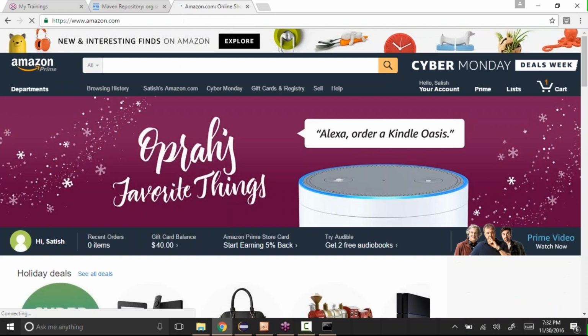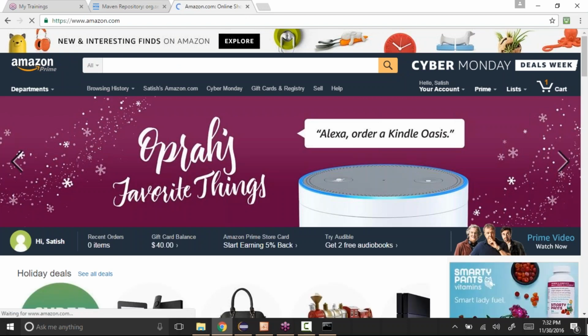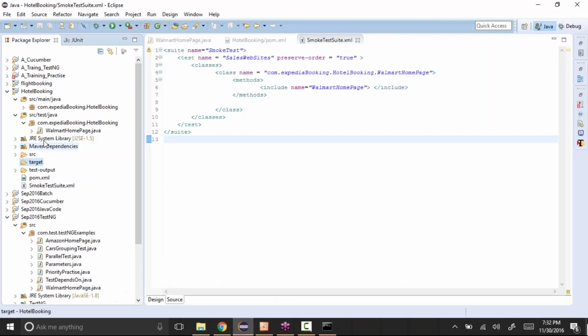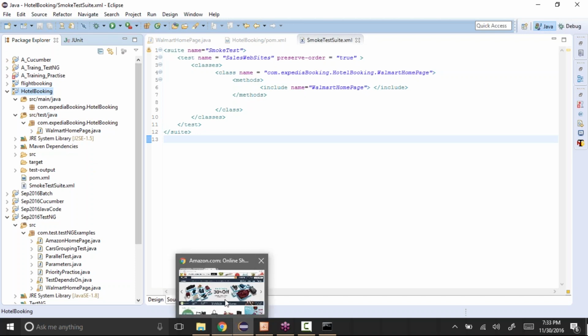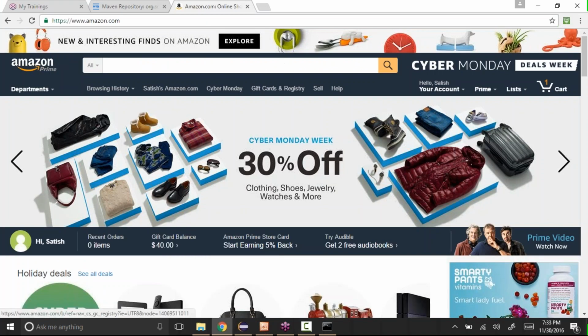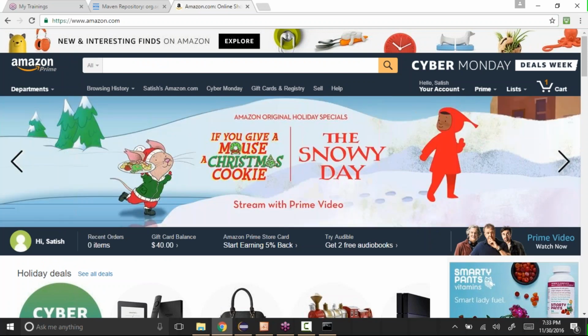So what is done in the background of this Amazon.com project is, they will create a project in the same way how we did. See how we have the hotel booking, how we have the flight booking. Let's say they'll create something called Amazon website or Amazon something. In that they will write all the code that needs to be written to get this homepage and all these functionalities, the developers will write all that code.